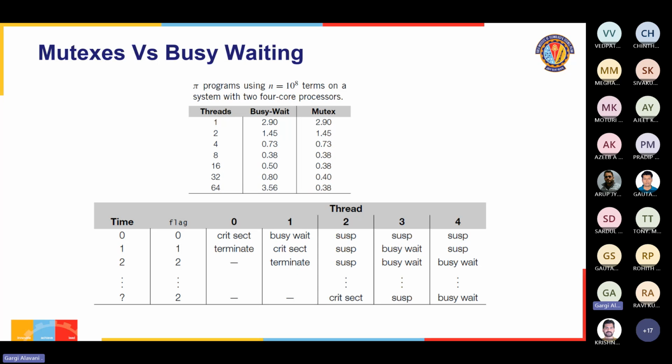However, if we start increasing the number of threads beyond the number of cores, the performance of the versions that use mutexes remains largely unchanged, but the performance of the busy waiting version gets degraded. And that's because